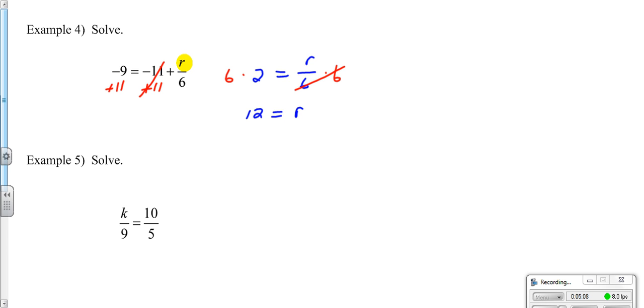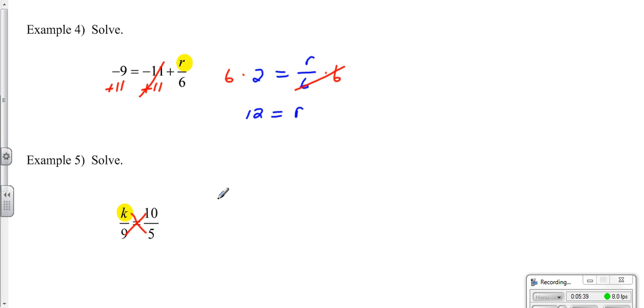Example 5, we have a proportion. Now I could have done the previous example in proportion method by putting the 2 over a 1, but these are two legitimate ways to solve. So let's look at this now where we actually have two fractions that equal each other, and it is therefore called a proportion. The variable that we are solving for is k, so cross product would say to cross multiply,